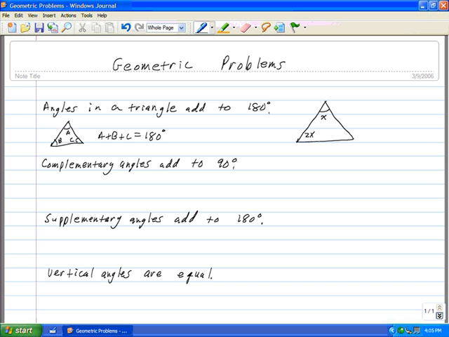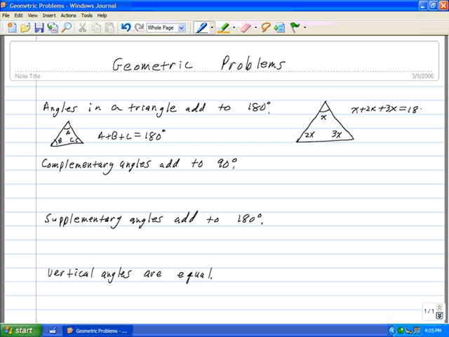And then if you're told, for example, that the last angle is 3 times the smallest, we could represent it with a 3x. Now that all three angles have been represented and only one variable has been used, we can simply add them up,